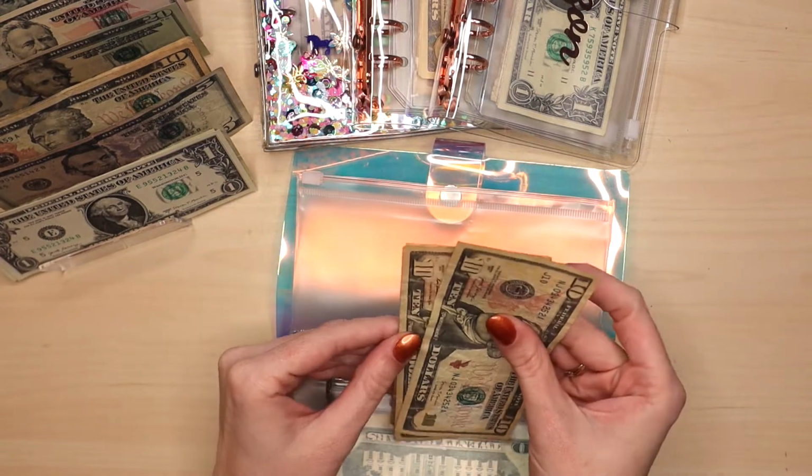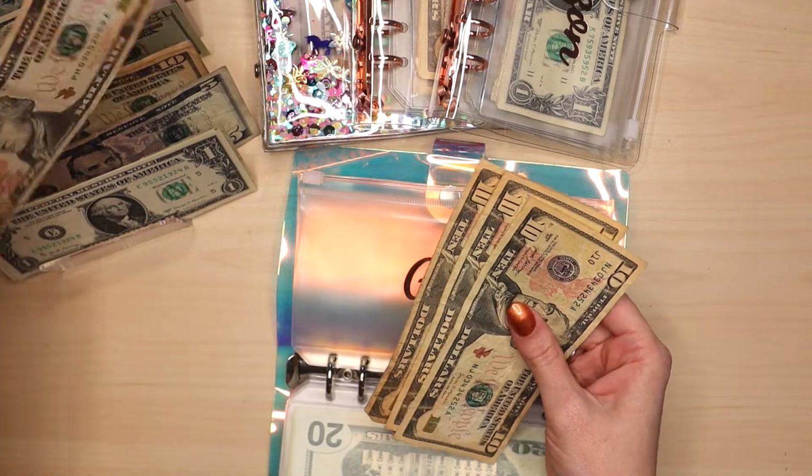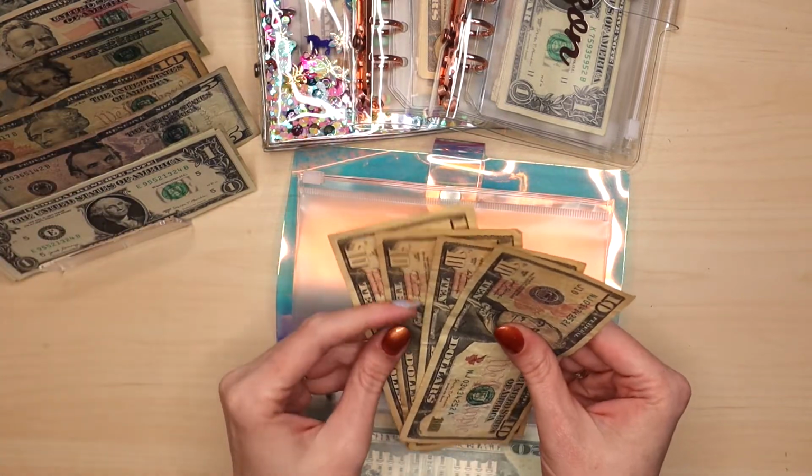Okay, gifts, we're going to add 10. This gift envelope is for things outside of birthdays. So anniversaries,